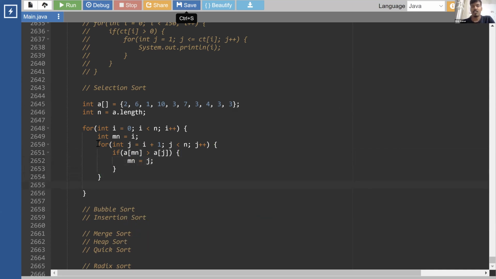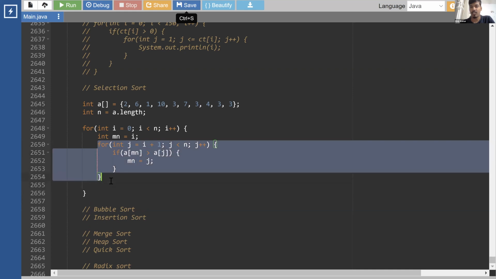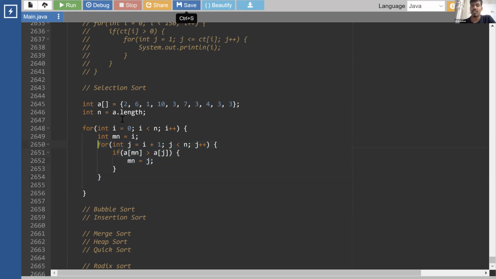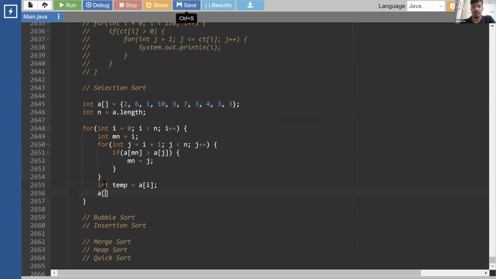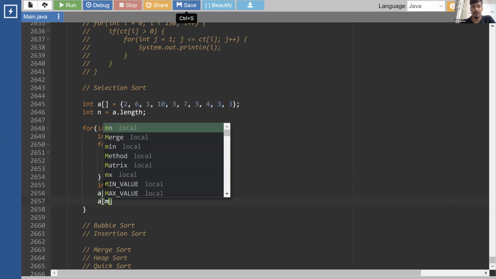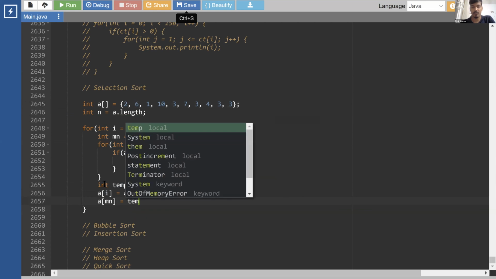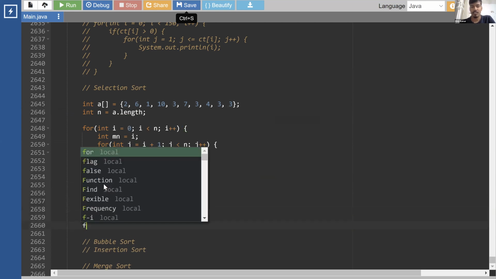We'll do this. Now, after this loop is done, what will we get? We will get an index stored in minimum, which is nothing but the smallest number in the array starting from 0. Now we just need to swap it to bring it to the start of the array. So temp is equal to a of i, a of i is equal to a of minimum, and a of minimum is equal to temp. Then if you print this array,